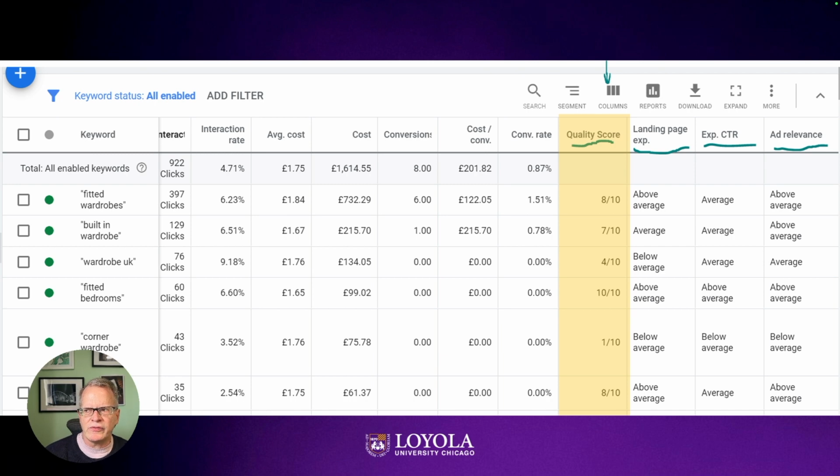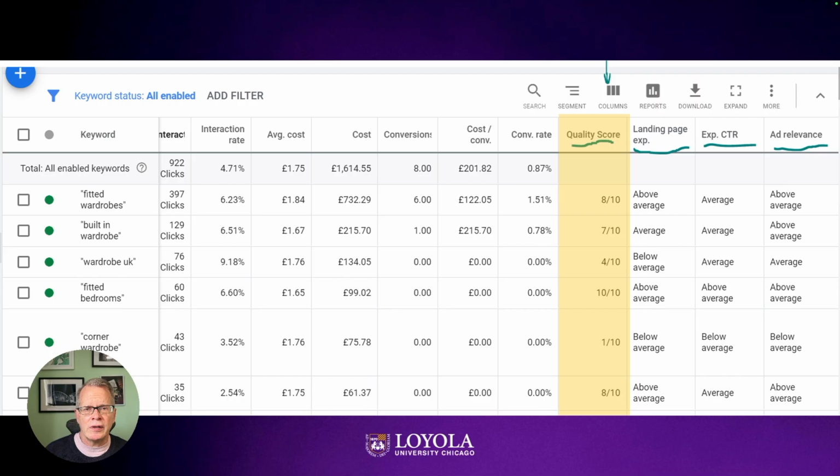Here's just an example of quality scores and how it looks within Google AdWords. Again, you will learn about this in the ad certification. I just found this online about fitted wardrobes, fitted bedrooms, all these types of things for particular furniture construction needs. And you can see on the right here that Google will estimate the quality score. And for some reason, fitted bedrooms has a 10 out of 10 for a quality score. So it's probably a good idea to put all your eggs in the fitted bedrooms basket because you got a